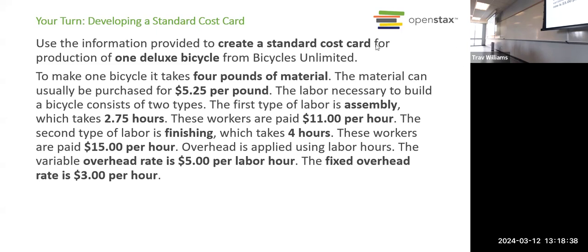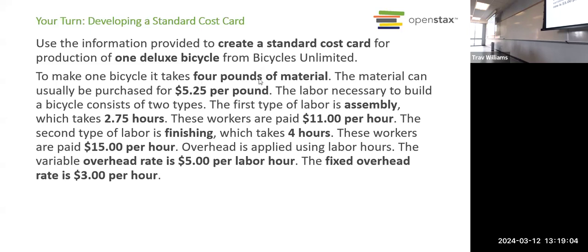So here we're making a cost card. That'll be like the one we saw for the cup of coffee, where it has the materials, the labor, and the variable overhead. And we also have fixed overhead in here. And so we'll put the standard amount of each of those times the rate and get a total in each of those areas.